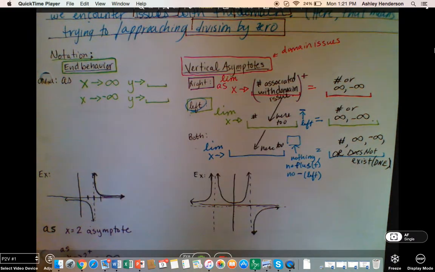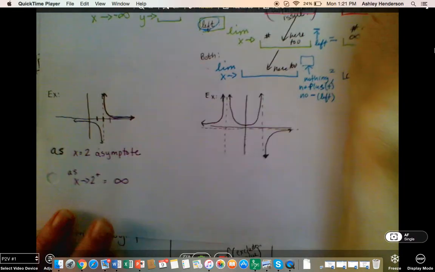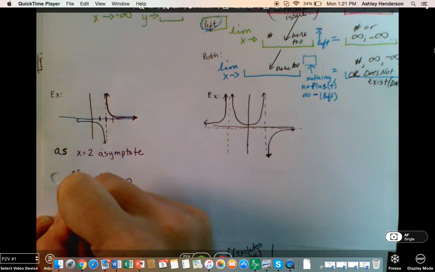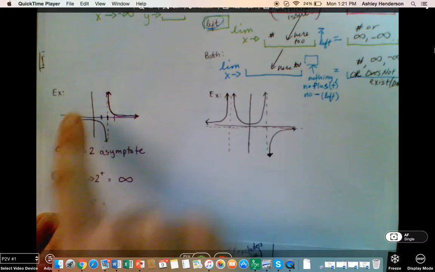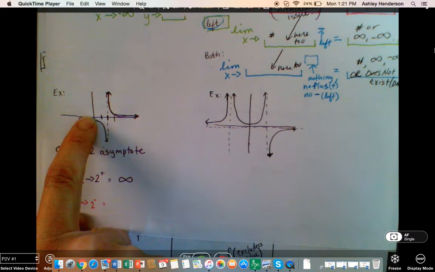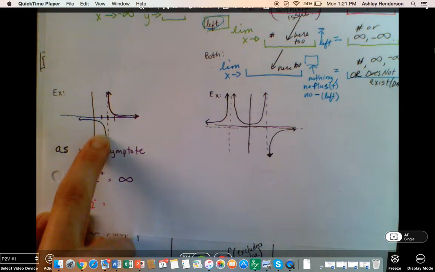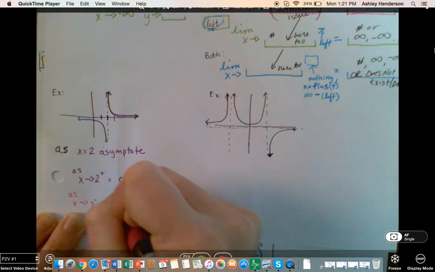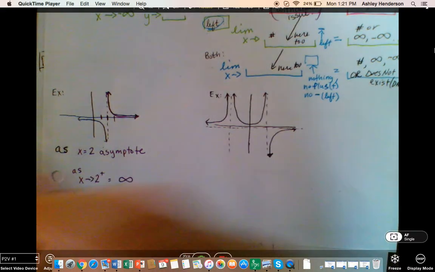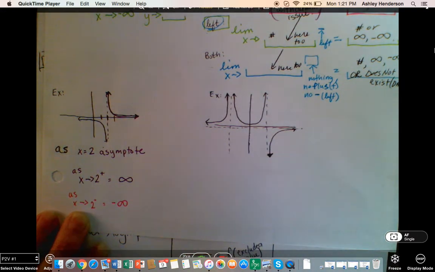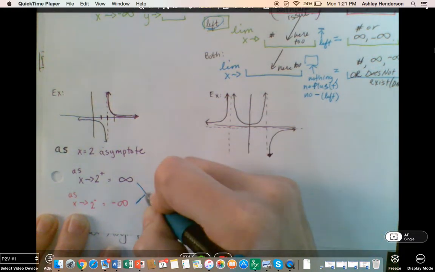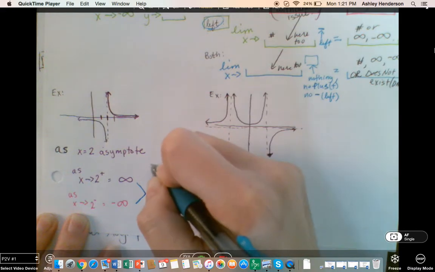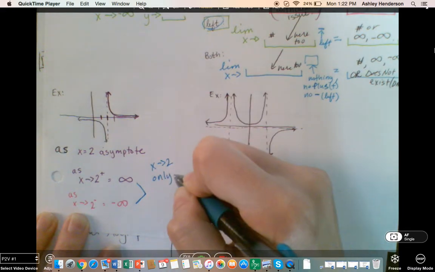Okay. Now, as x approaches 2 from the left, what does my finger do? I put my finger on it, and I go tracing from left to right, coming towards it from the left, whoosh, starts to go down. So that's negative infinity. Okay. So here is always the question. Does the limit of both of them exist? So x approaches 2 only exists